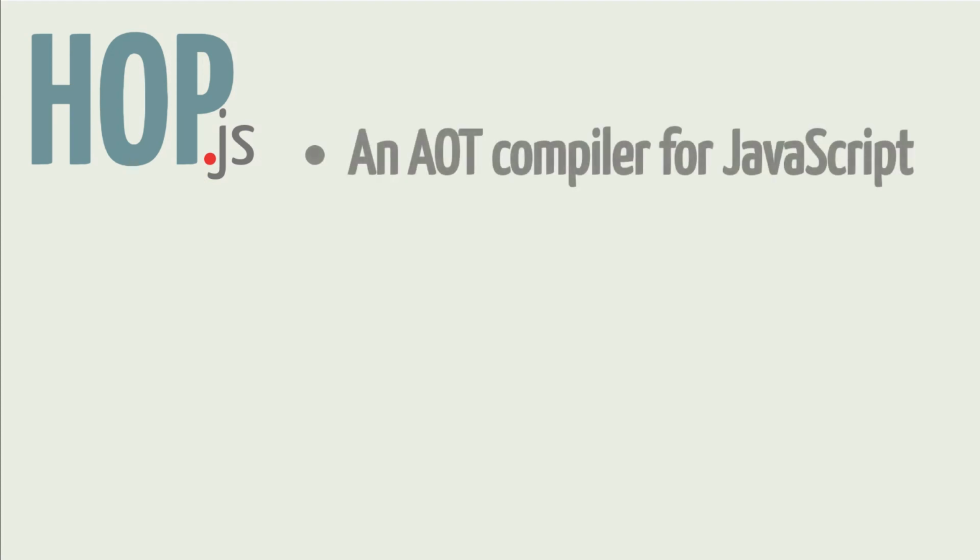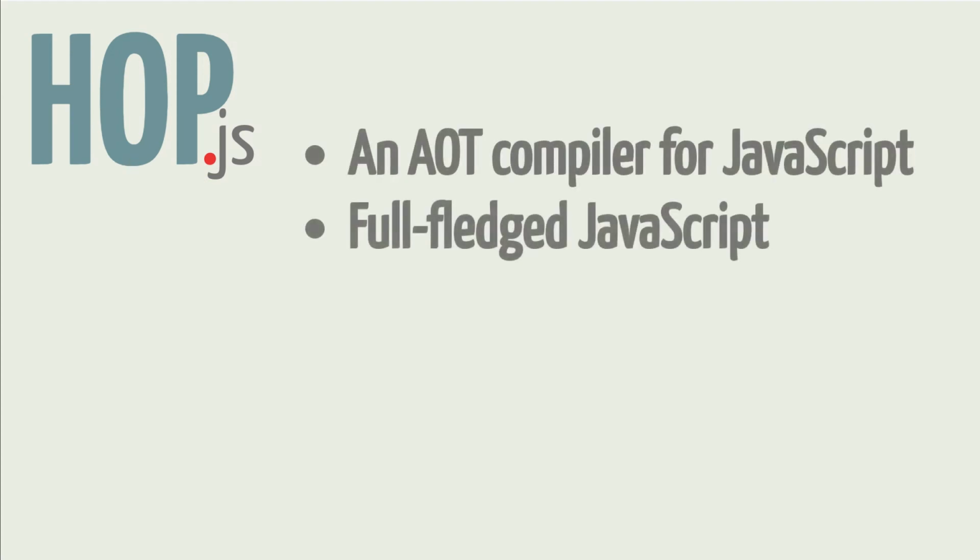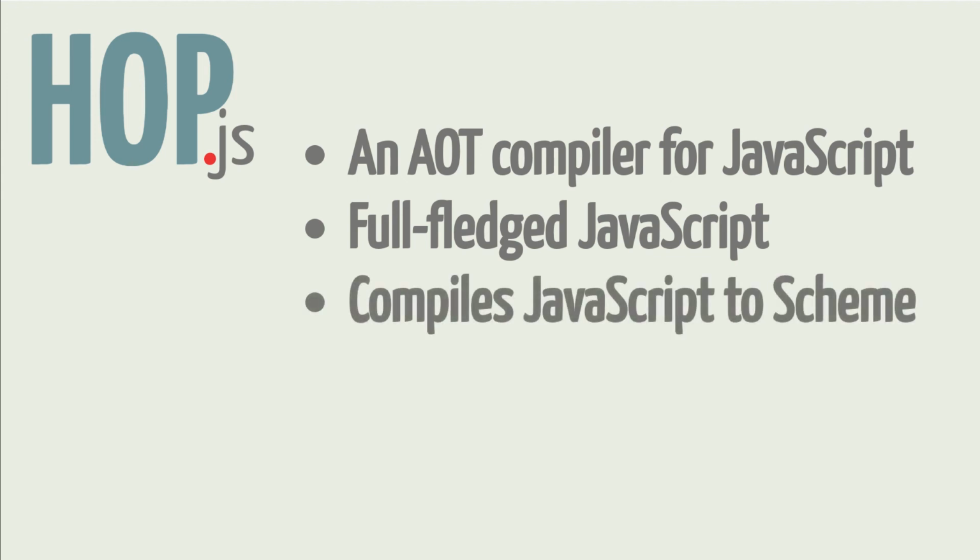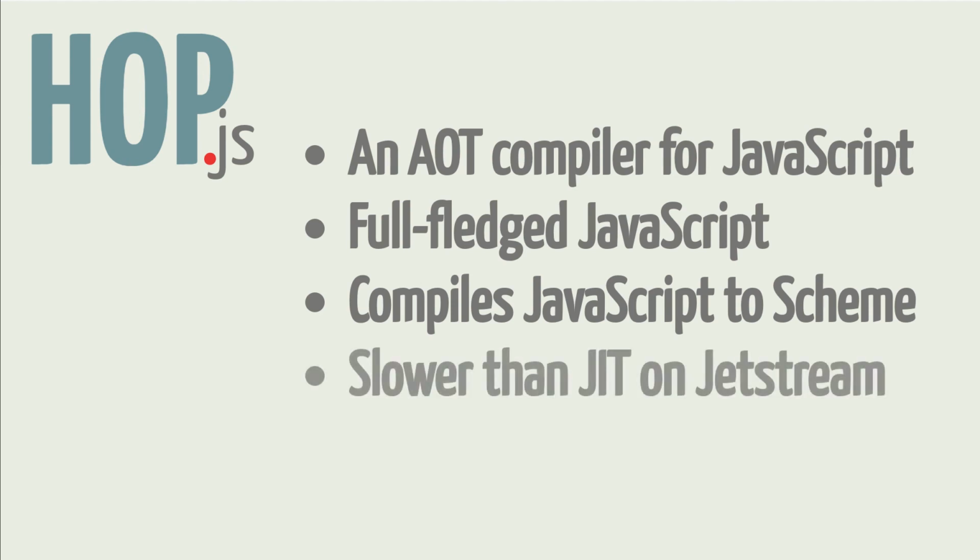In conclusion, the paper presents hop.js, an ahead-of-time compiler for JavaScript. The paper presents two benchmark results. It presents JetStream, an old JavaScript benchmark suite, for which hop.js is slower than industrial JIT compilers. It also presents Hopstone, a benchmark suite composed of various tests, among which some are currently used in the wild. For the second test, hop.js shows competitive results.